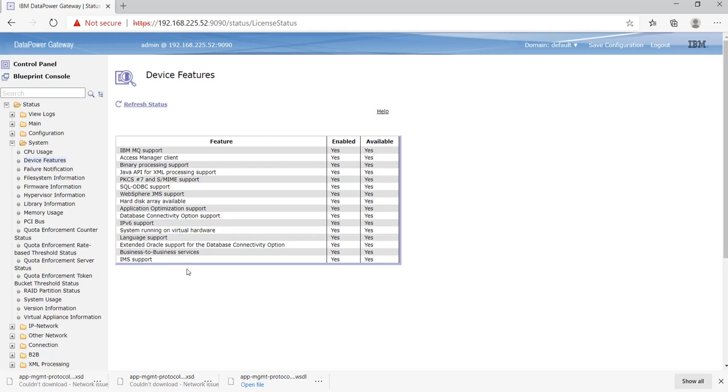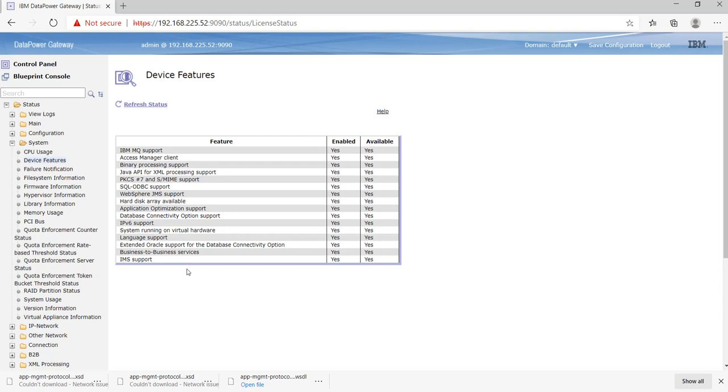When you purchase the DataPower license, at that time you say what kind of features you want in your license, so they'll mention all these things in your license. So when you go live into production, you need to run a license file, so that all features will be available in your prod environment.